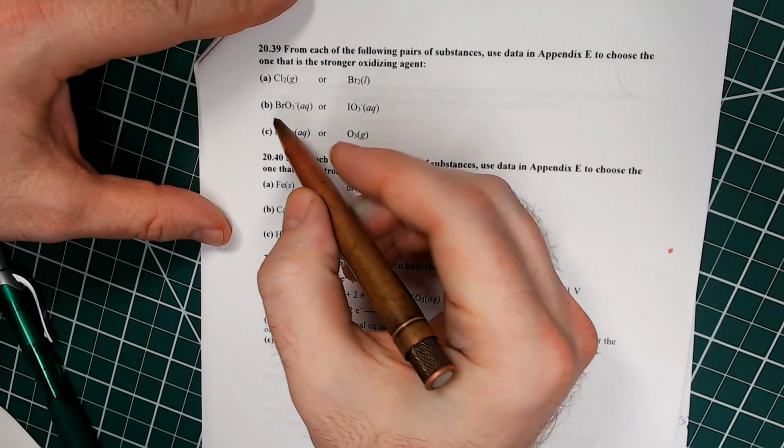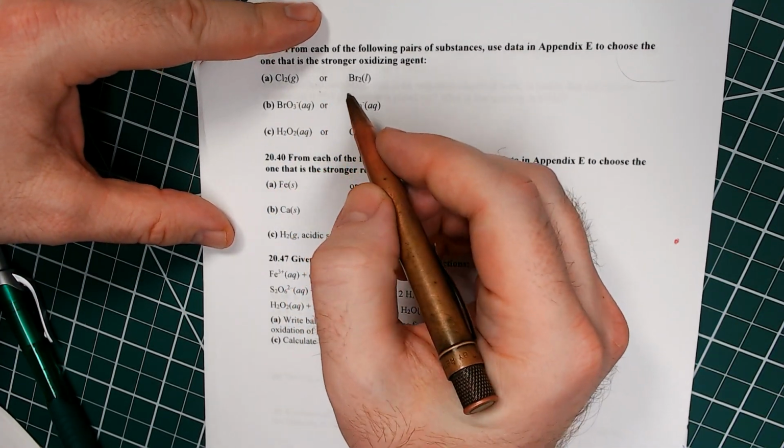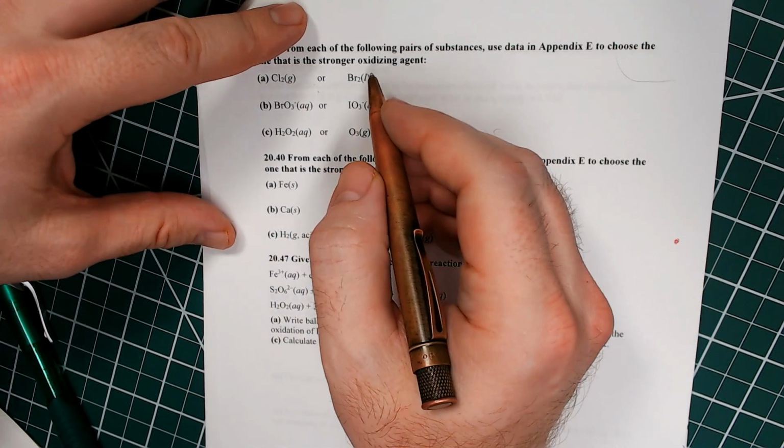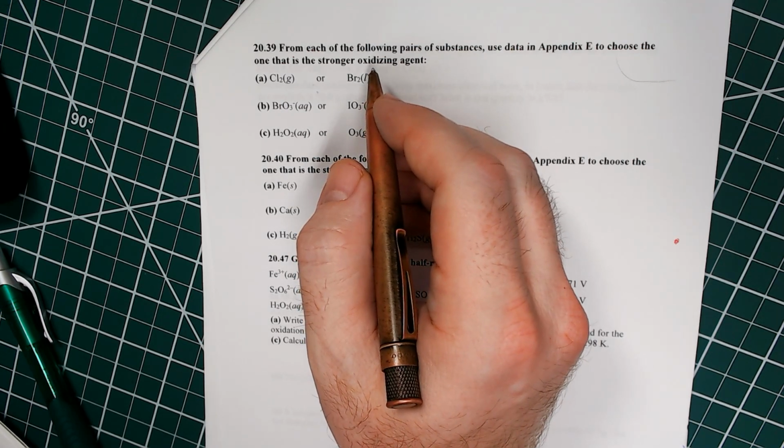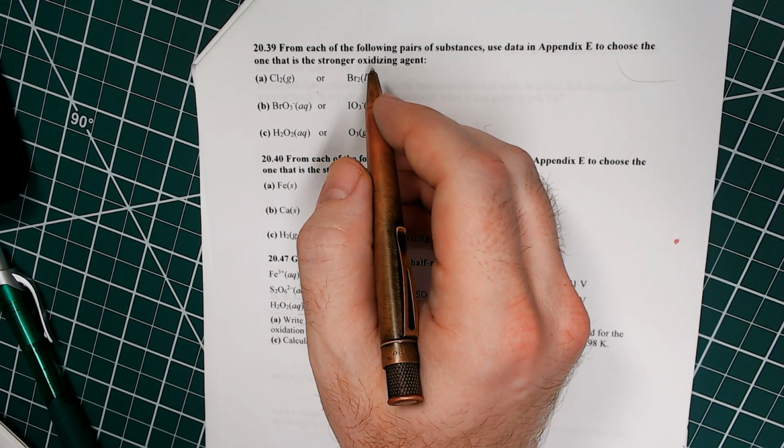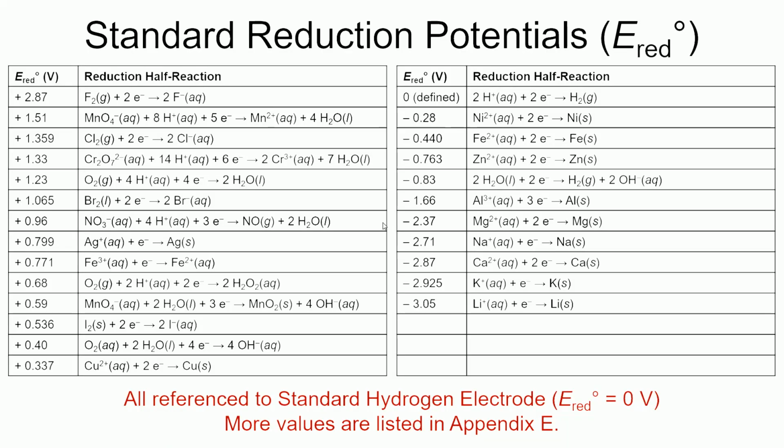this. Okay, so we've got chlorine and bromine. So we're going to look up chlorine and bromine, and those are on that chart that I just showed you. So we're going to use that chart real quick. Chlorine is here. Chlorine is positive 1.359. So E reduction, positive 1.359 volts, whereas bromine is positive